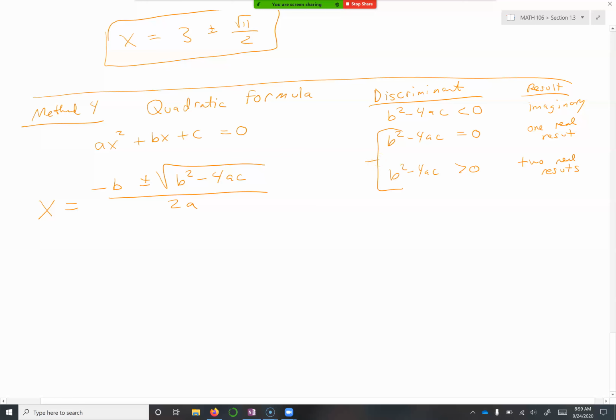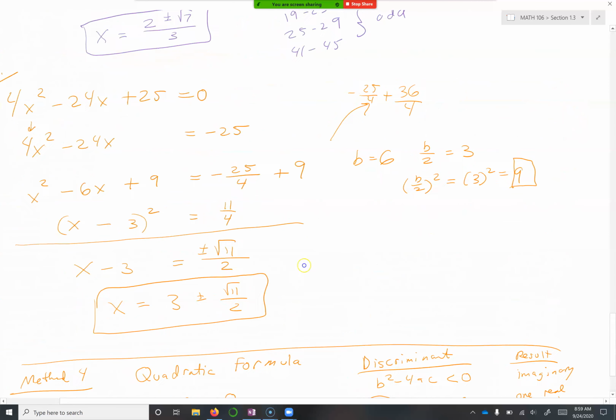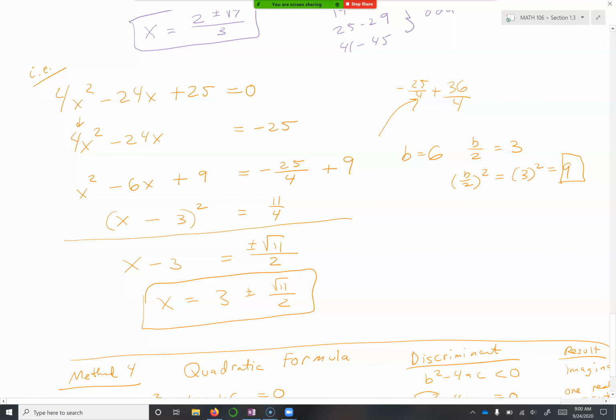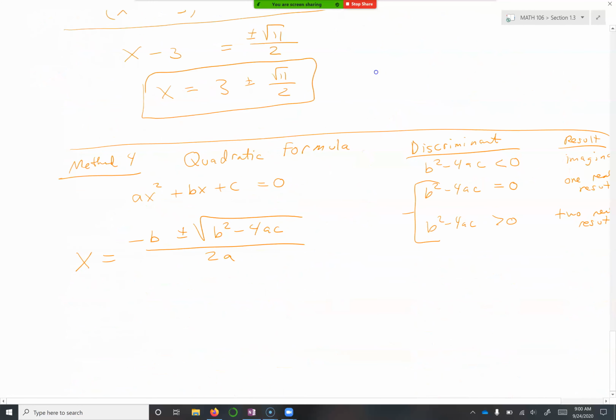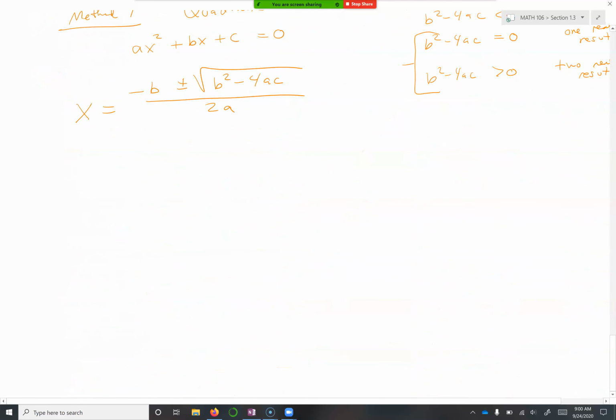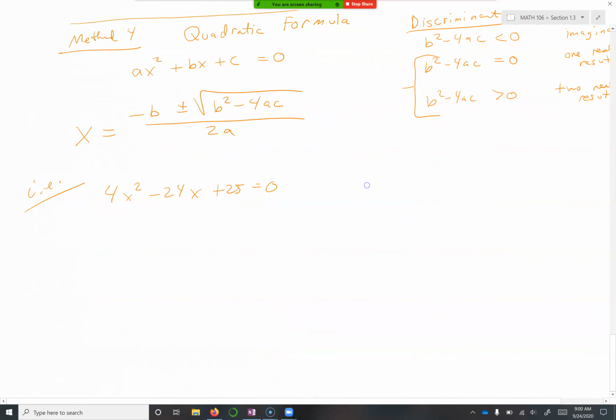So let's go ahead and try an example. Let's do 4x squared minus 24x plus 25 equals 0 and see what happens. So let's try that using the quadratic formula, and we'll see if we get the same answer. So 4x squared minus 24x plus 25 equals 0. Just make sure that's the same. Yep. All right, so the first thing you're going to want to do